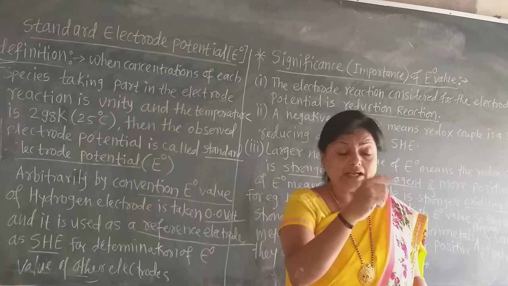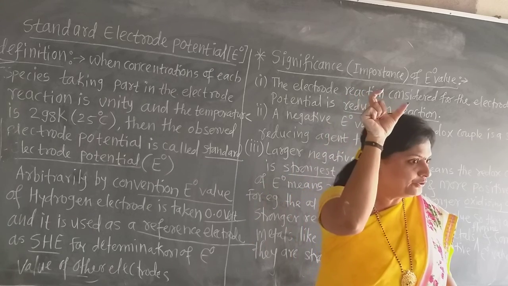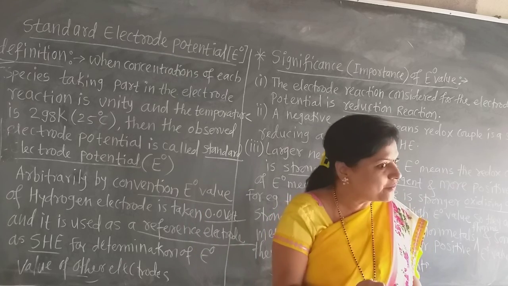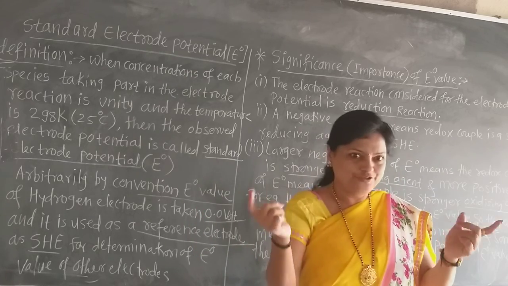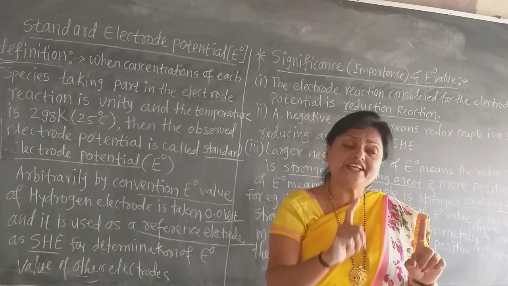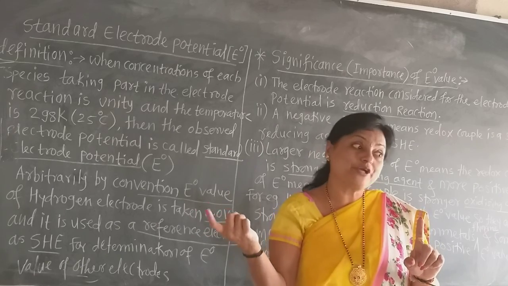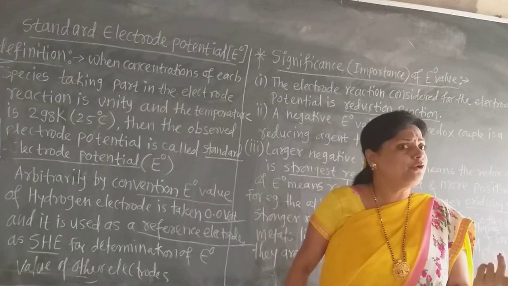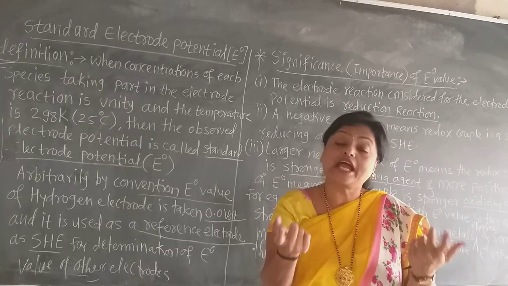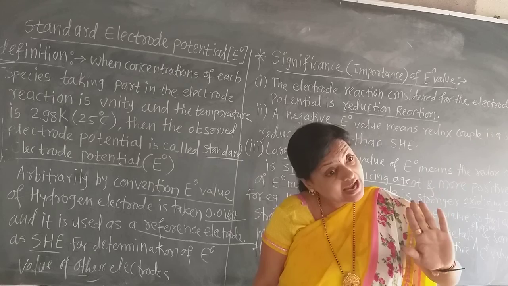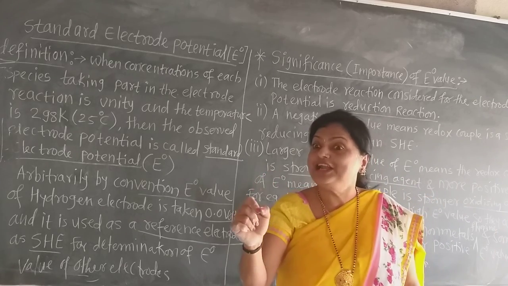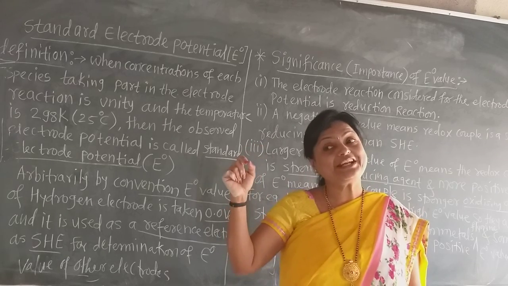Then the total electrode potential obtained on the voltmeter is definitely that of the other electrode, because the voltage of hydrogen is 0.0. Since the electrode potential of the hydrogen electrode is 0.0, in this way we can measure the electrode potential of any other electrode against the hydrogen electrode, and so the hydrogen electrode is called the primary reference electrode.